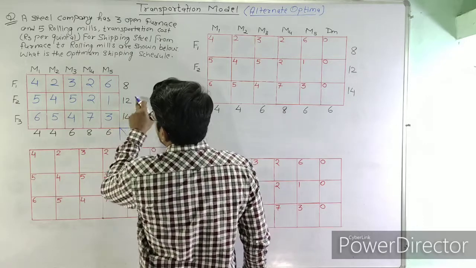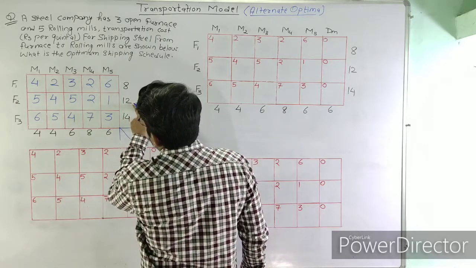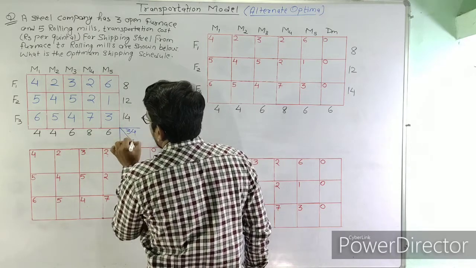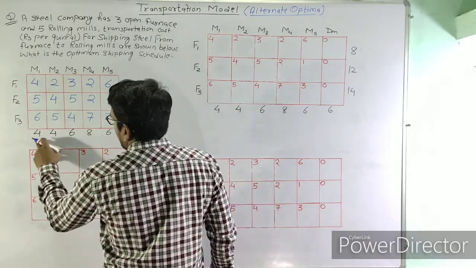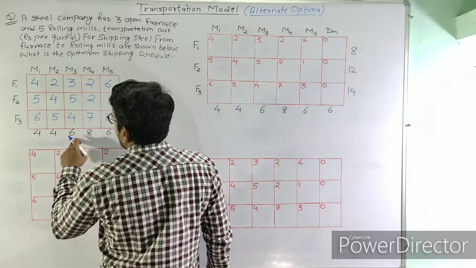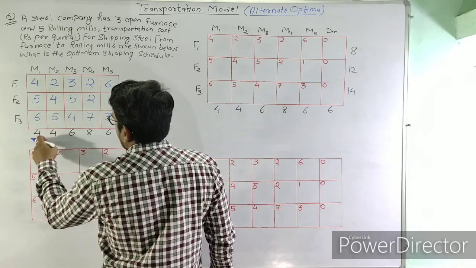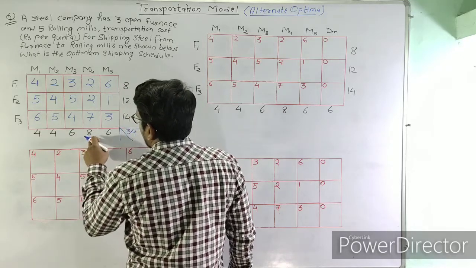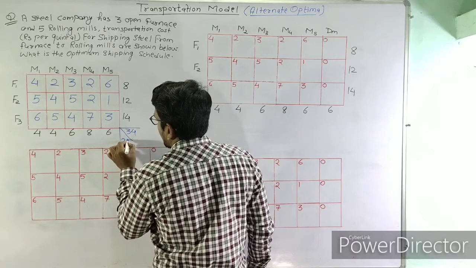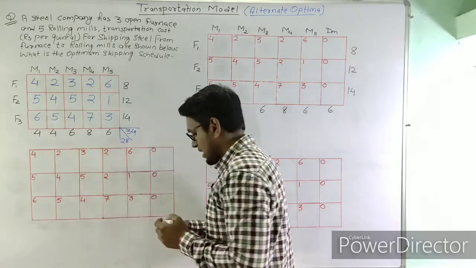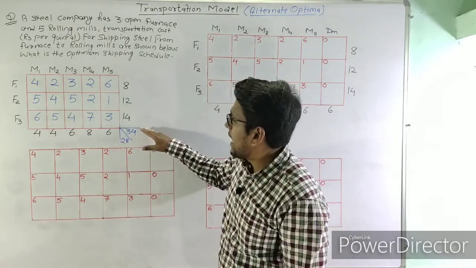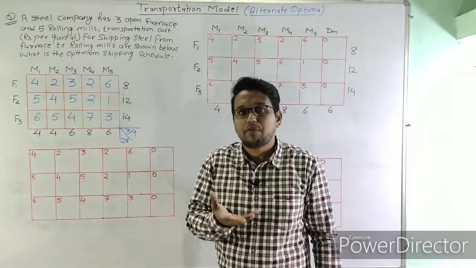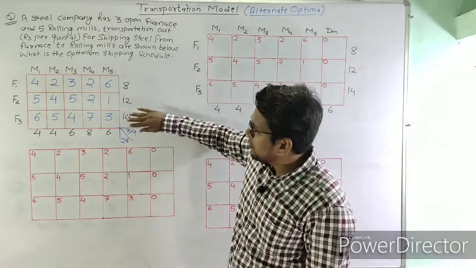So here the supply is 8 plus 12, 20, plus 14, 34, and the demand is 10 plus 14 and 8, 22, plus 6, 28. So as we can see that the supply and demand are not equal, so this is an unbalanced type of problem, and in order to balance this